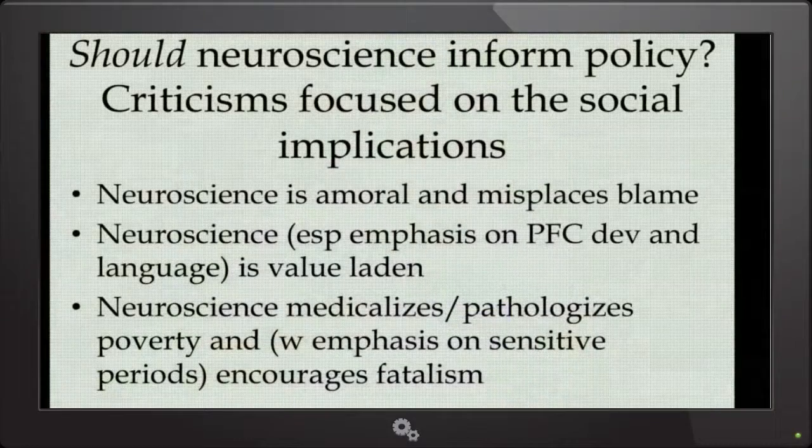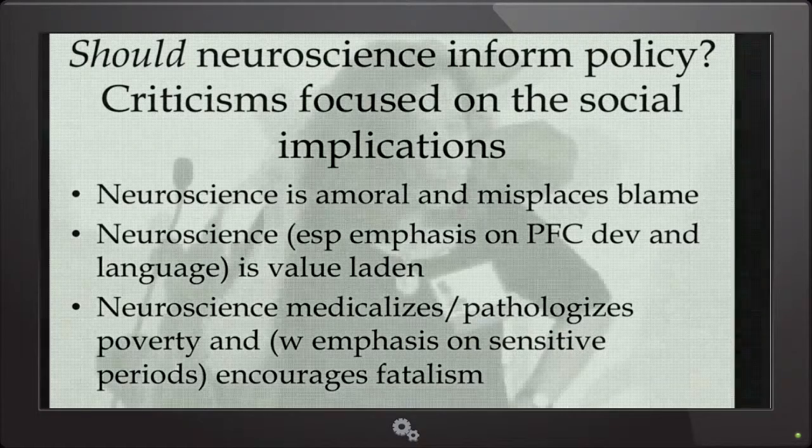So, a final set of thoughts. Should neuroscience inform policy? I hope what I have said to you is, look, let's open that door a little bit to the feasibility. It actually could be useful, but there are a slew of criticisms from very far left academic sociologists saying that really this train is one stop away from eugenics and going fast towards that station.